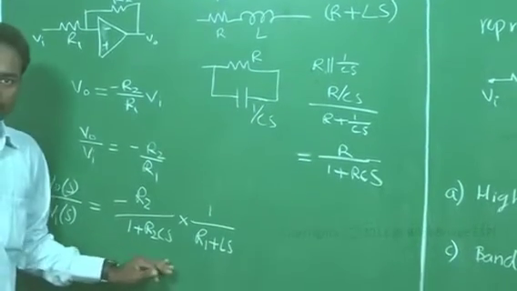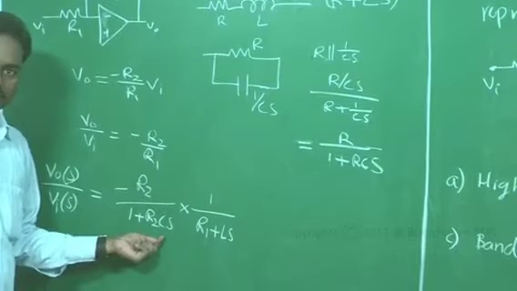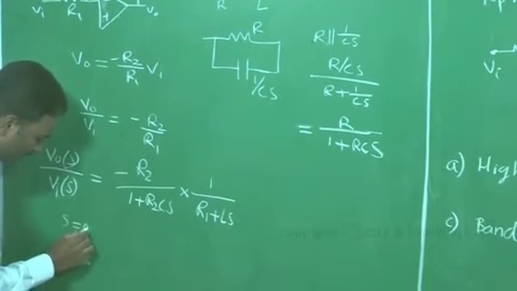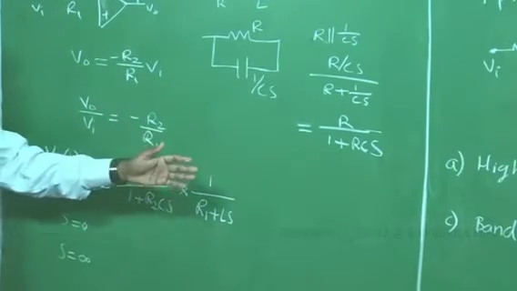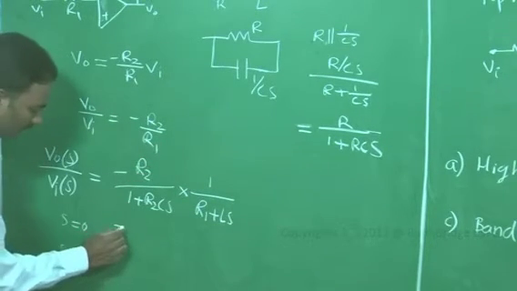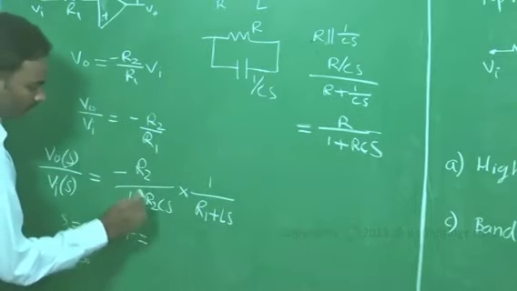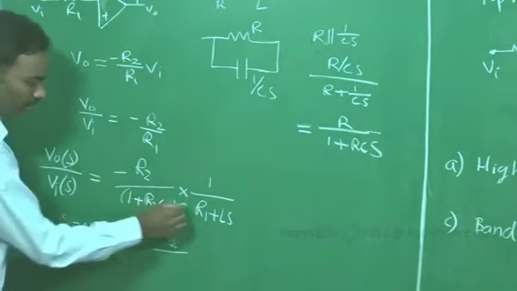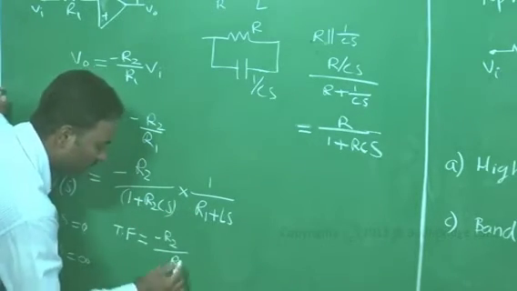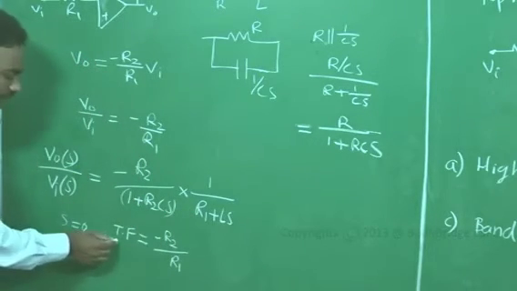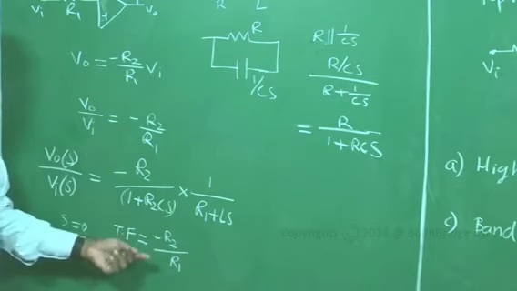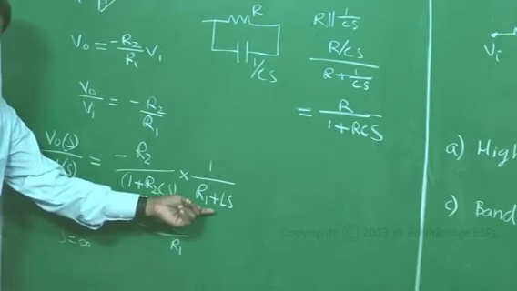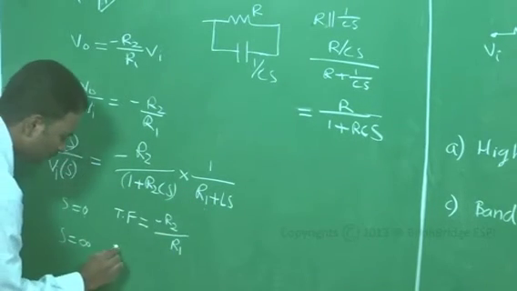Now, to find which type of filter it is, because this S represents frequency domain, we can put S equals 0 and S equals infinity, analyze these functions, and consider the given options. By putting S equals 0, the transfer function will be minus R2 divided by 1 plus 0 multiplied by R1. This will be R1. So, for S equals 0, we have a finite value of the transfer function. If we put S equals infinity, we can readily see that we have S in the denominators. So, the value of the transfer function will become 0.